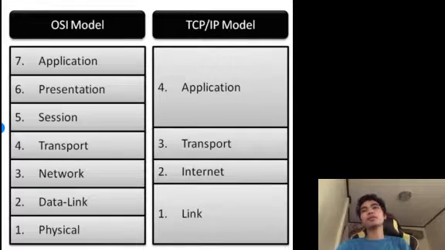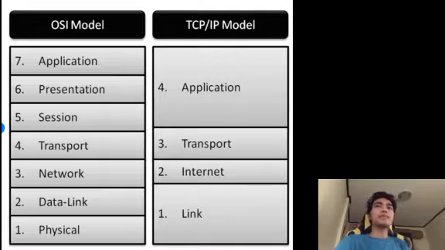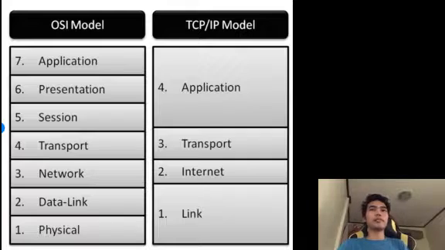We're going to tackle the difference between the OSI model and the TCP/IP model. First, we have to go to the OSI model. OSI stands for Open Systems Interconnection, whereas TCP/IP stands for Transmission Control Protocol/Internet Protocol. As you can see in the picture that I presented, the OSI model has 7 layers, whereas TCP/IP has